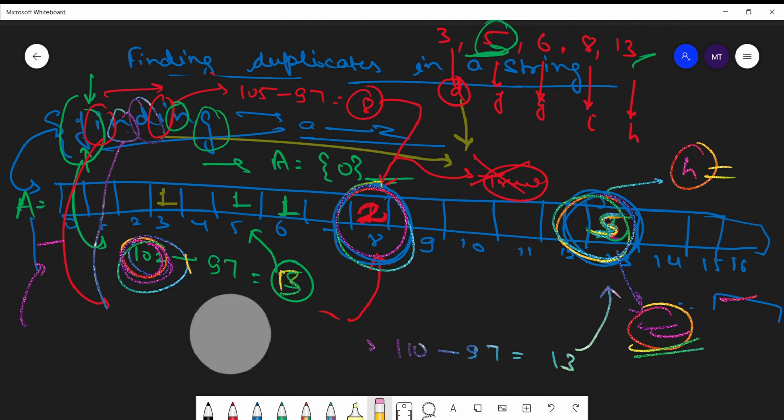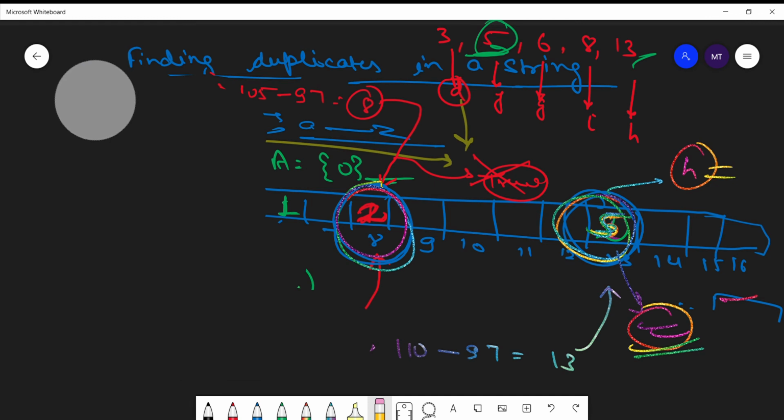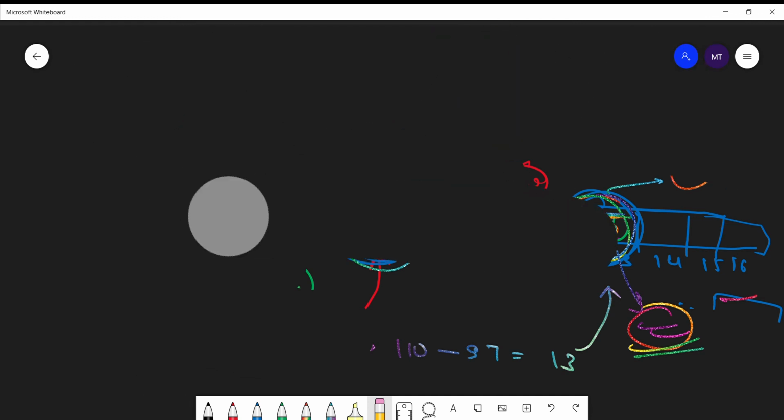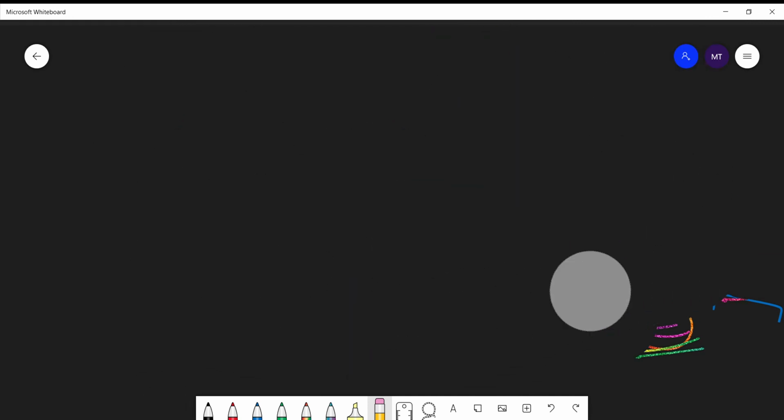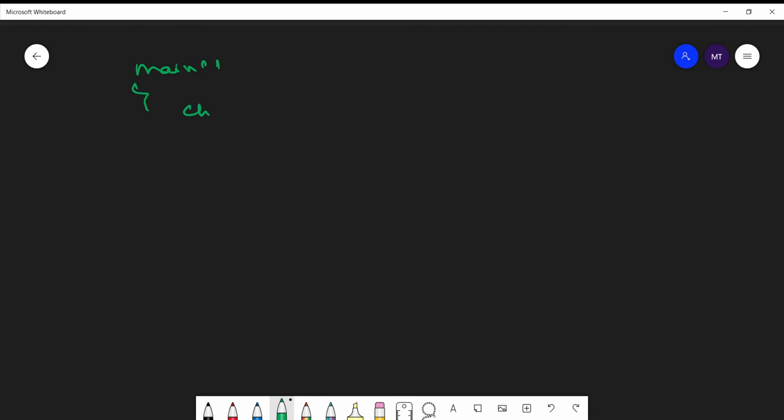Now we will move towards its solution, the approach, which is also very simple. So let me write the pseudo code here very fast. Let's say there is a main function and a character array A we are finding in. Again, let's say a hash table of size 26 as we discussed, and an integer i.